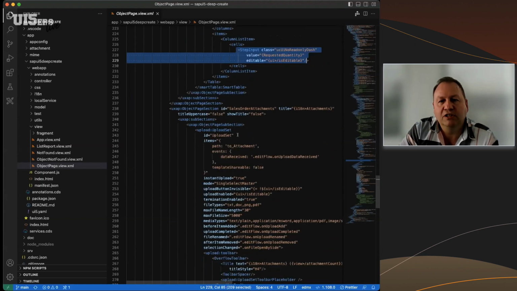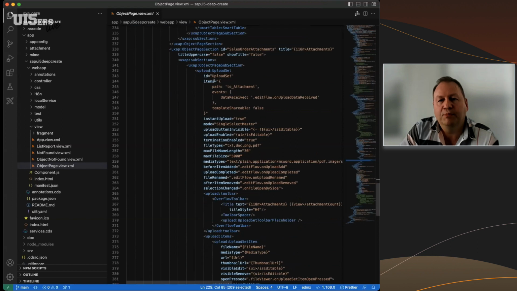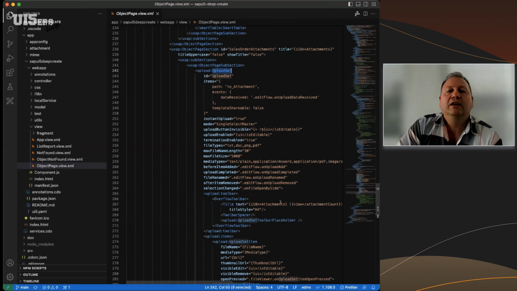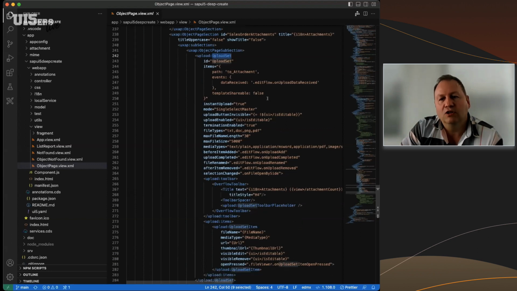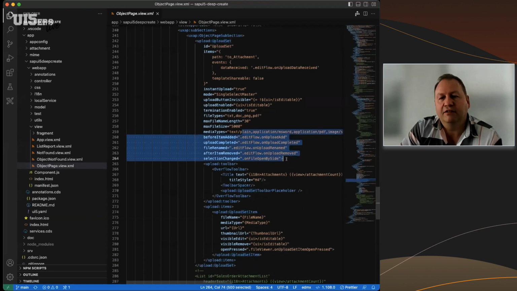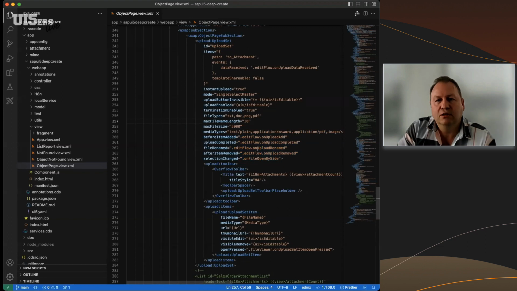And here we can also see the formerly used upload collection was replaced by the successor, the upload set. And here is also all the necessary stuff available to directly take the uploaded data set and transfer it under the hood into data for the deep create afterwards, so that you can just copy and paste it into your projects and use it the same way. On the controller side,